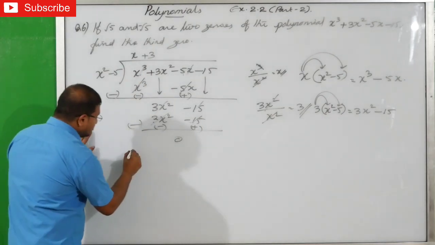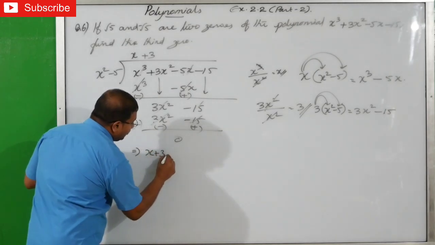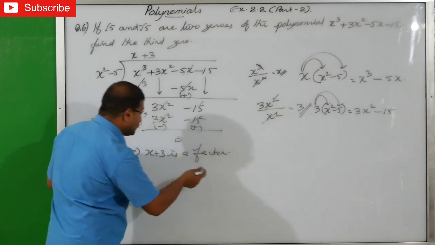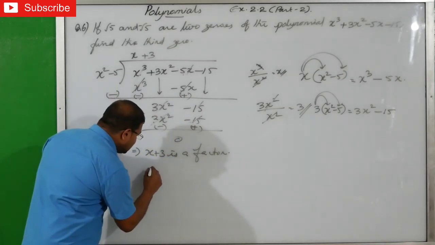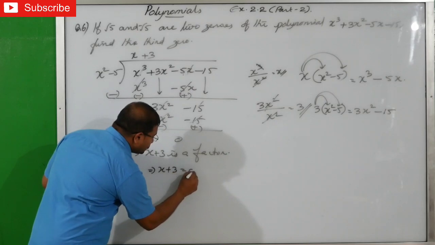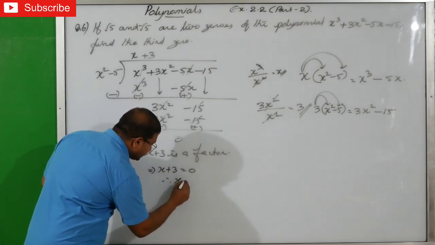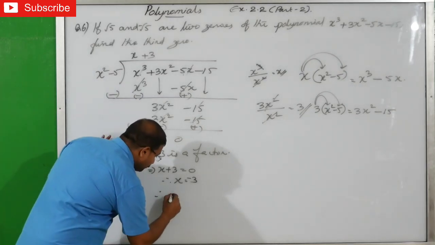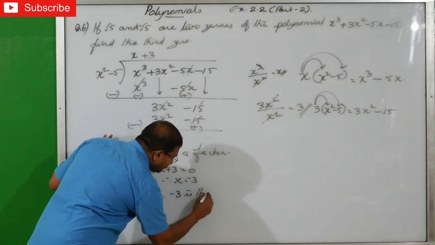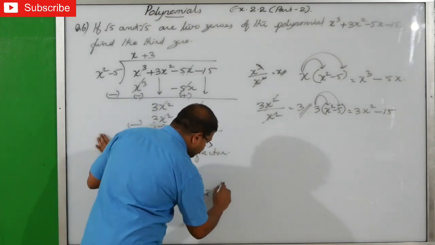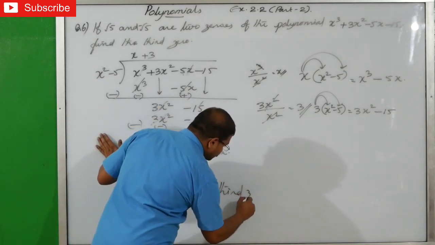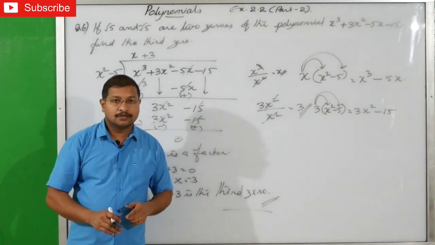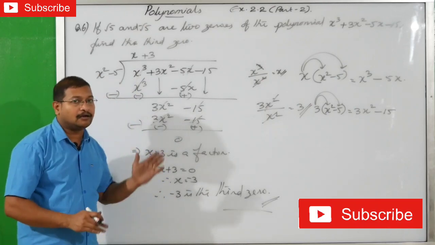That means this implies x plus 3 is a factor. If we get this a factor means what we will do? This implies x plus 3 equal to 0. Therefore, x equal to minus 3, 3 goes to the next side as minus 3. That means what you will write? Therefore, minus 3 is the third 0. Okay. So, now we got it. The entire exercise